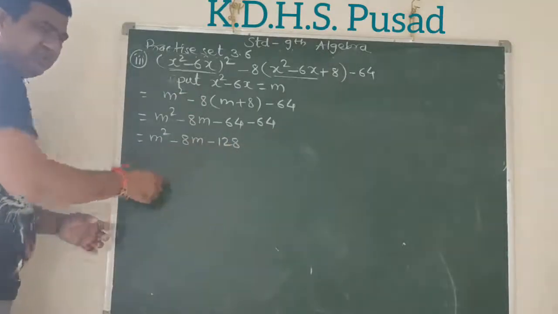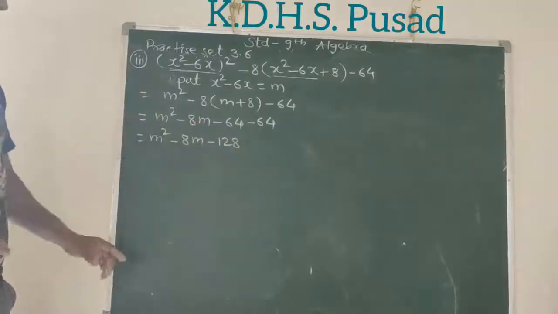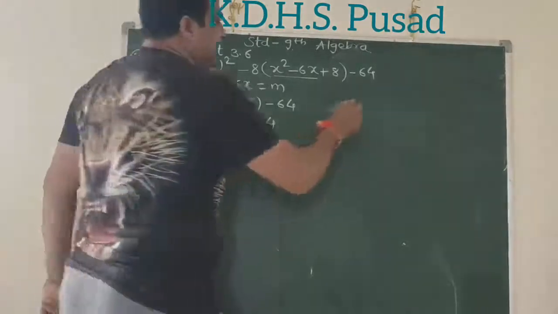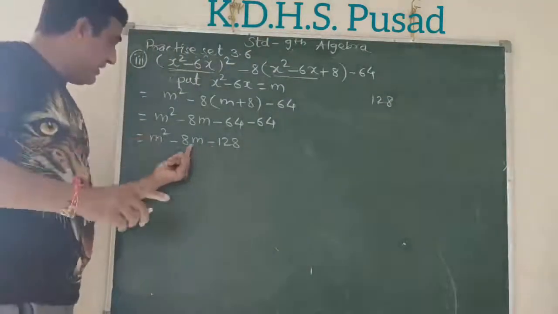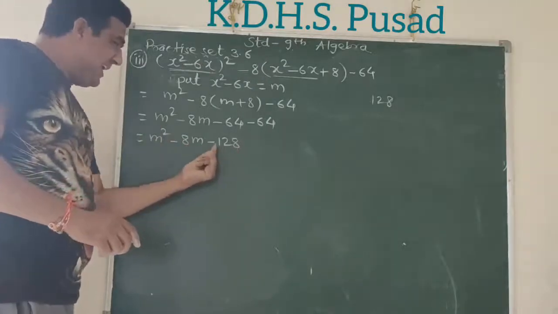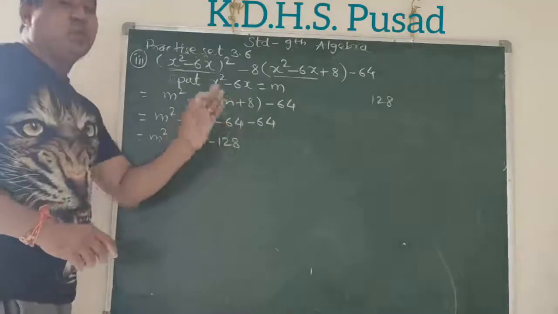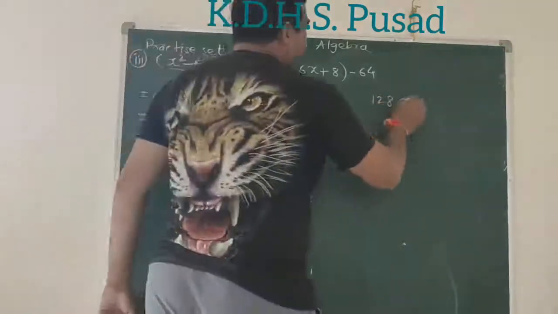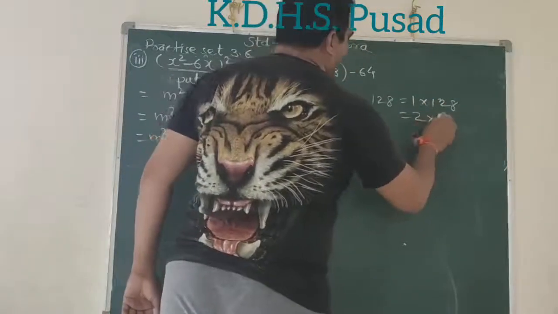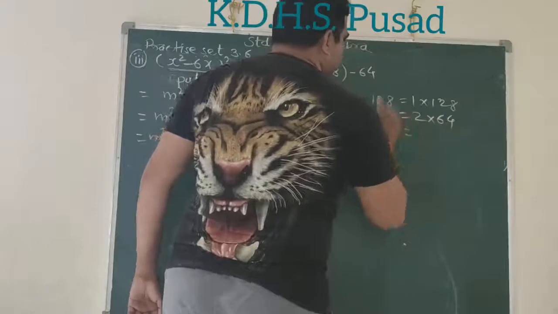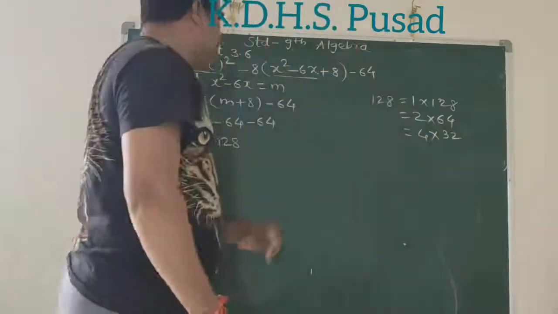Now it is 1 into this, so there is no need to multiply. Otherwise, if this number were multiplied. So product 128 and subtraction 8. Let's take this method: product is this number, subtraction is this number. If plus sign, we will check addition. Minus sign, check only subtraction. So let's start from 1. 1 into 128, check subtraction. Take 2 into 64. 4 into 32, check subtraction.